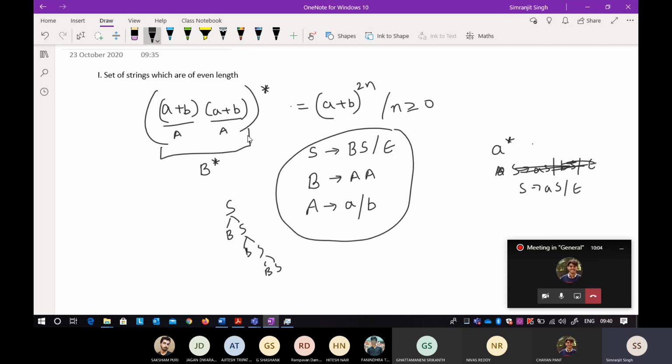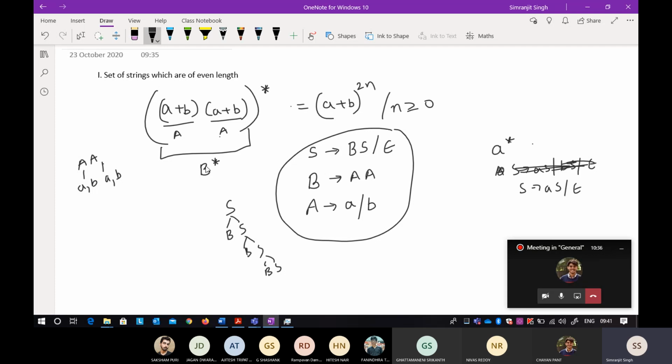Okay, so it is a little bit confusing, so just think of it like this. If the variable A is, you write A, you absolutely know, because I have assigned the value of a plus b to A, it will be either a or b. So that is clear. Now I want that these two, there are two placements of variables, so that signifies an even number. If there are two A's, every A is either a or b, and this A is either a or b. So these two A's signify that there is an even length string.